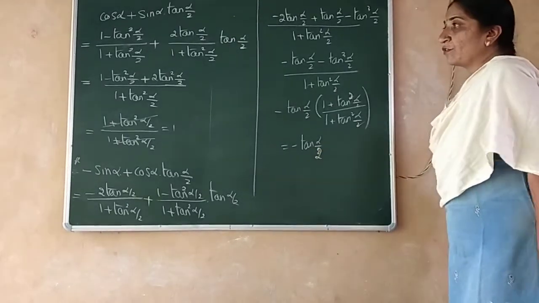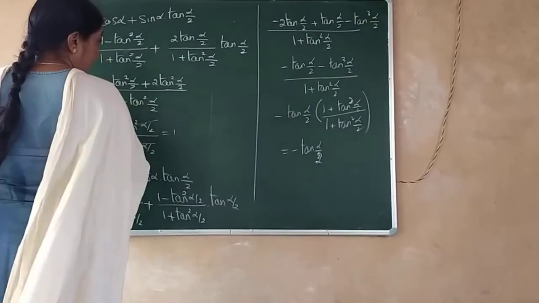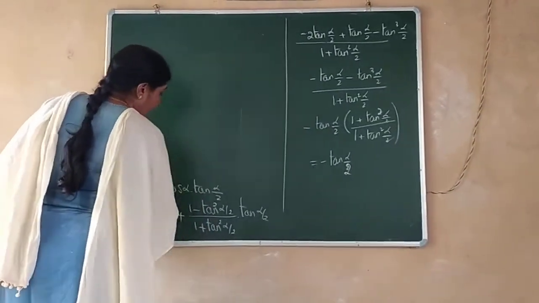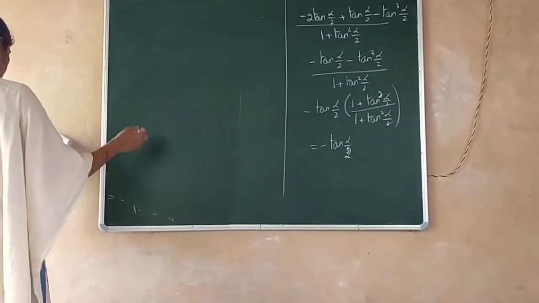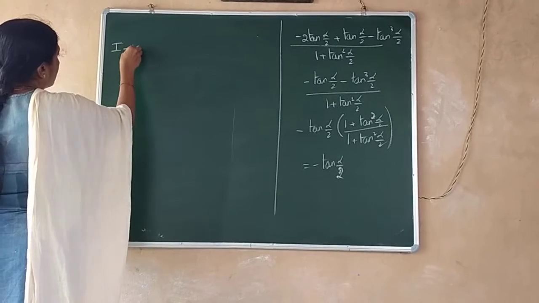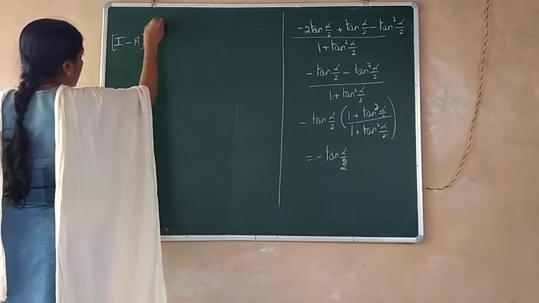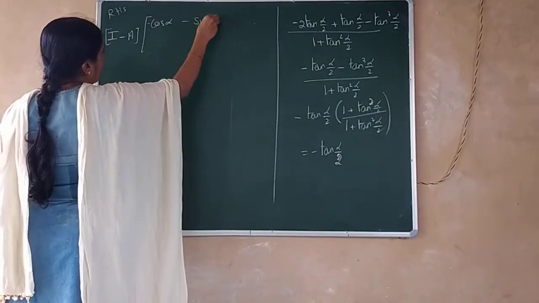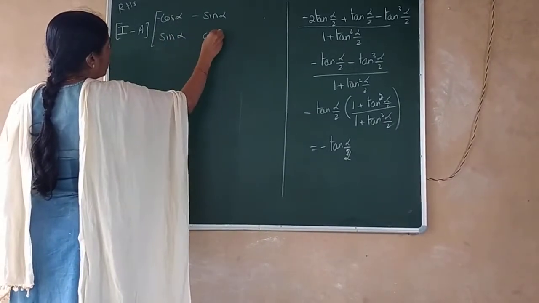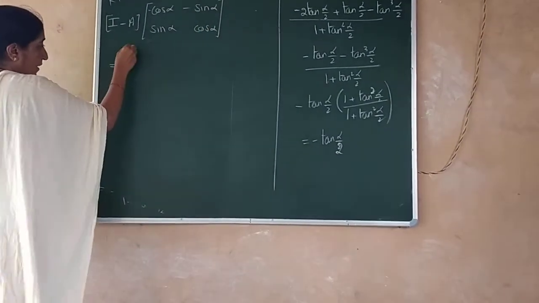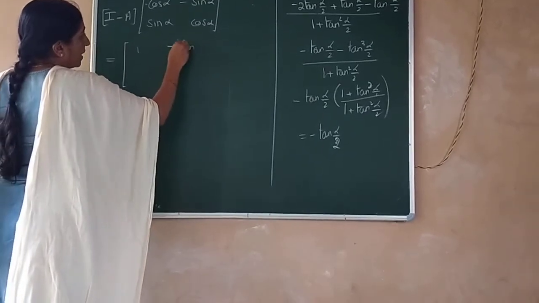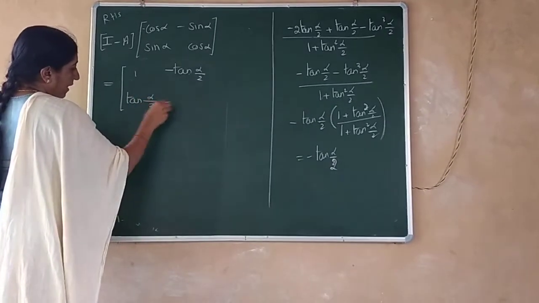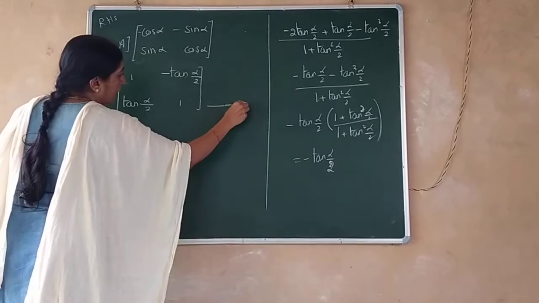And when you observe equation 1, the second term is minus tan alpha by 2. You will get the required answer. So similarly, solve the remaining 2. After solving the remaining 2, you will get the required answer. And the equation I minus A into cos alpha, that is the right side, cos alpha minus sin alpha, cos alpha. This will be written as 1 minus tan alpha by 2. This 2 I calculated. The remaining 2 I will give you as an assignment. You will get the result tan alpha by 2 and 1. And this we are calling equation 2.